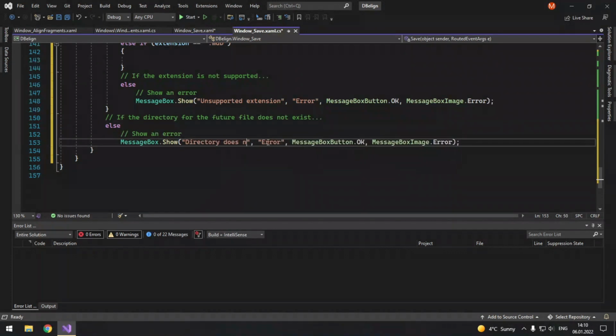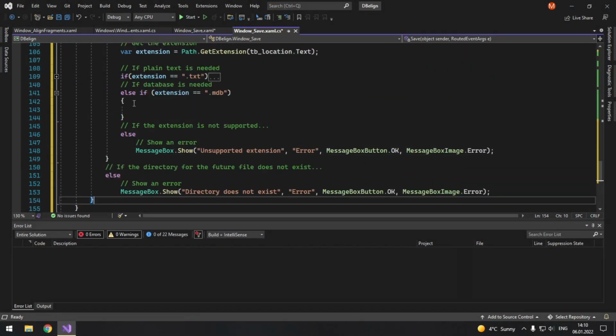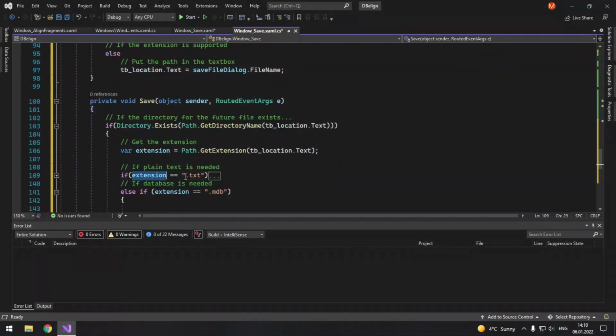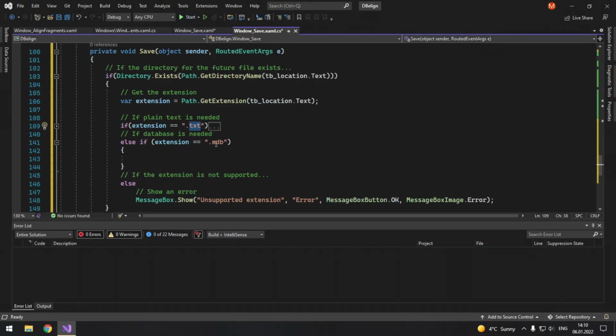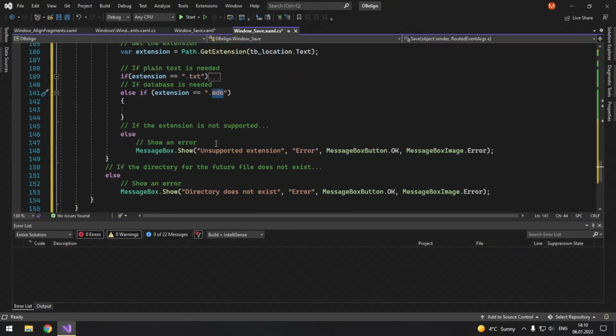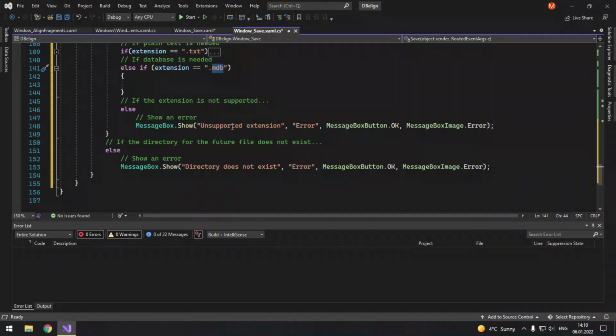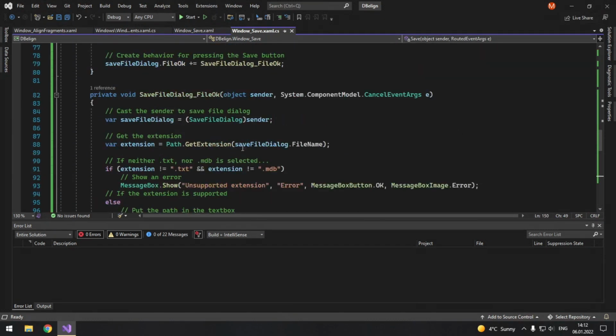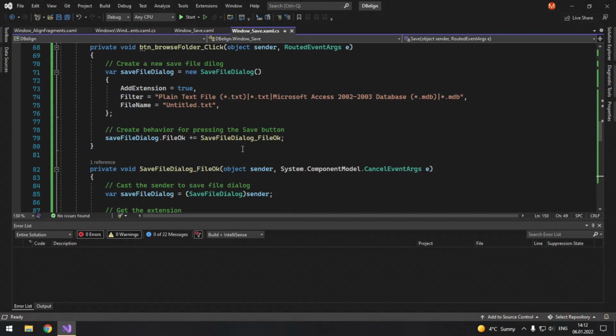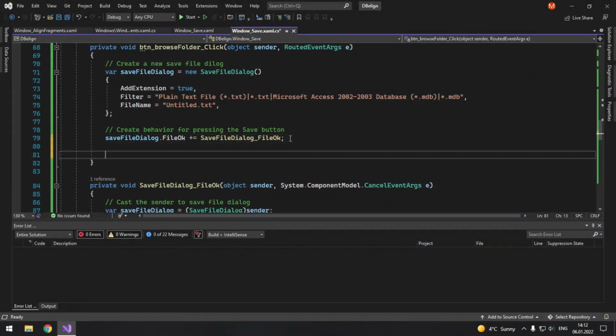Directory does not exist. The saving process for txt is implemented. Saving to access database will be implemented later. Well, not in this part. And actually, well, browse folder, I guess, yeah, silly me.